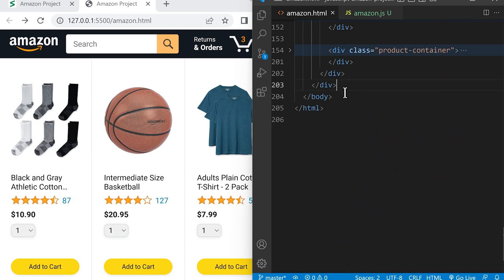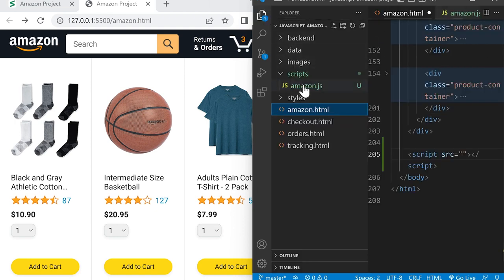And then right above the closing tag for the body, we're going to add a script element. And we're going to give this element an attribute src, or source, equals double quotes. And we're going to load this JavaScript file. So this JavaScript file is in a folder called scripts. So here, we're going to type the folder name scripts and then a slash to go into the folder, and we'll load the file